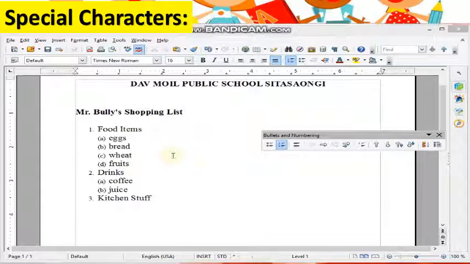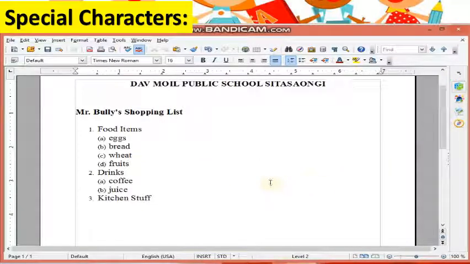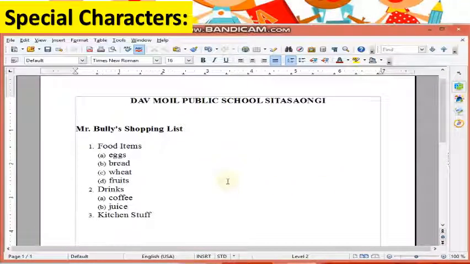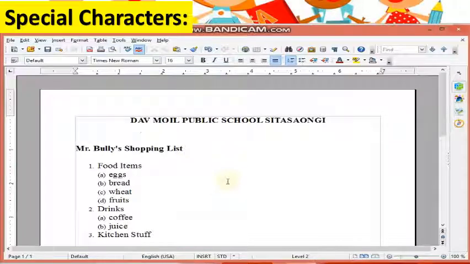Now let's see how to insert special characters in our documents. First, you have to know what a special character is. A special character is not found on a standard English keyboard. Special characters are those that fall outside the basic alphabet of the language. They can include symbols, less common punctuation, foreign characters, and almost any other letterform. For example, copyright, 3x4, dollar, rupees, all are special characters.